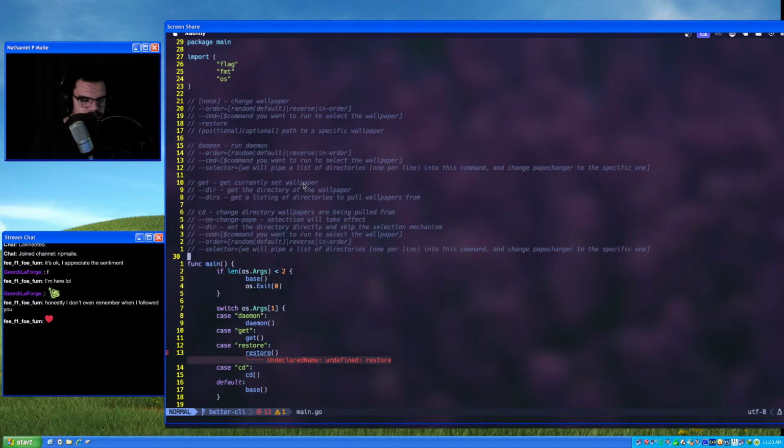Anyway, I'm toying with the idea of adding a couple of things to PapeChanger. I noticed that in Sway and Hyprland and other wlroots-based window managers, since the window manager itself doesn't include a utility for changing the wallpaper, I'm going to want to take one of the utilities, steal all its code, and put it into PapeChanger so it can change the wallpaper.